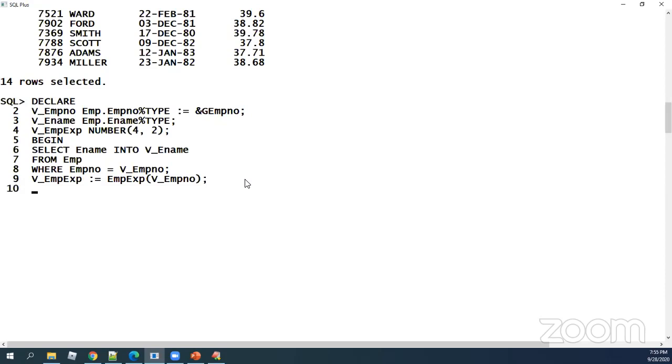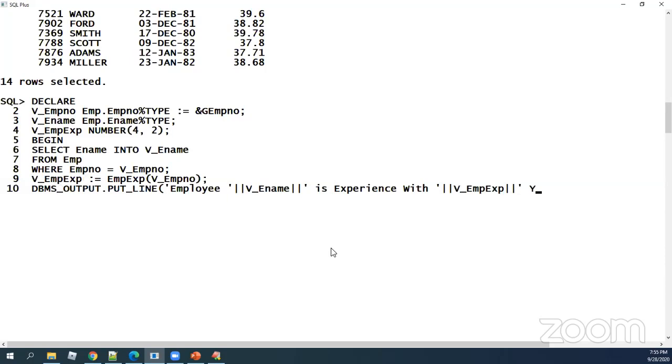Okay, now here I'm saying dbms_output.put_line, employee v_ename is experienced with v_emp_exp, then we are saying end.